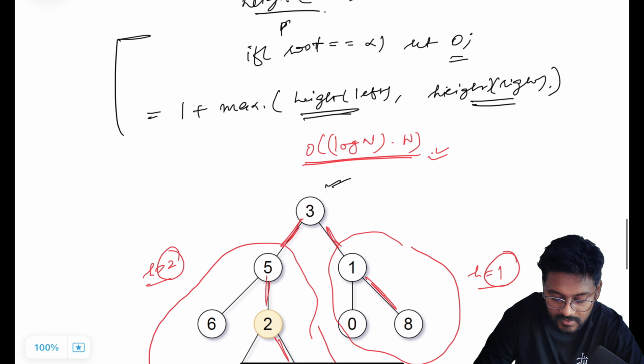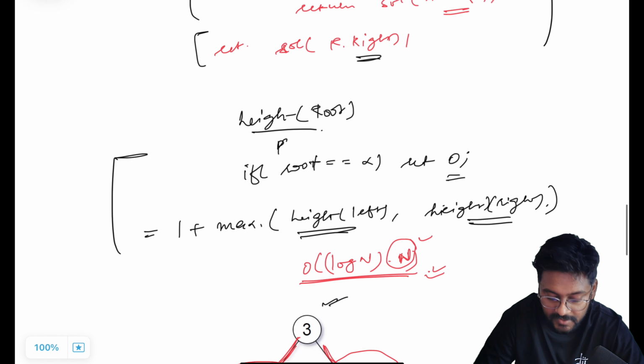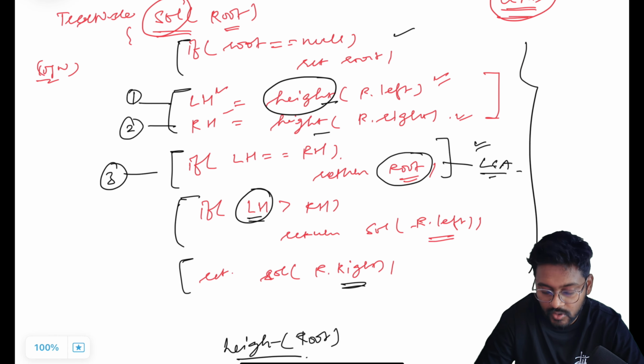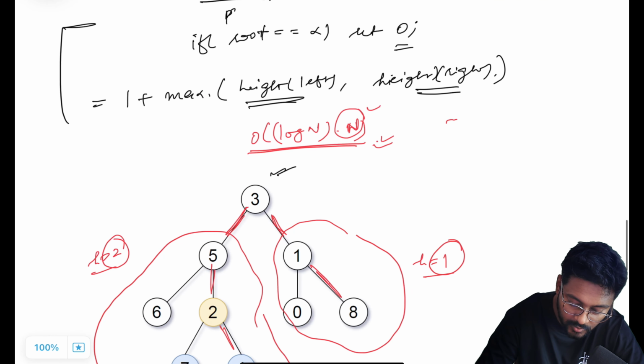But here in this case, this n will not always be the n, because firstly we are calculating the height with the root, and then we are calculating height with the root dot left or root dot right. So it will be, let's say, half every time. So in total, I think it should be going around order of n